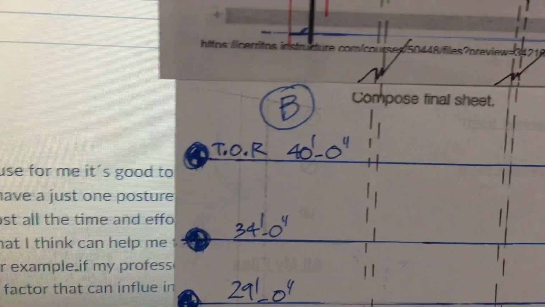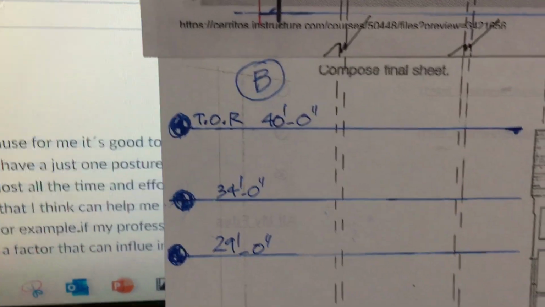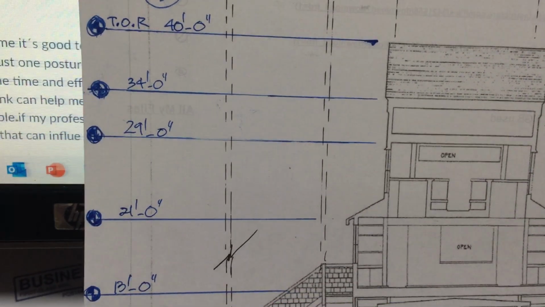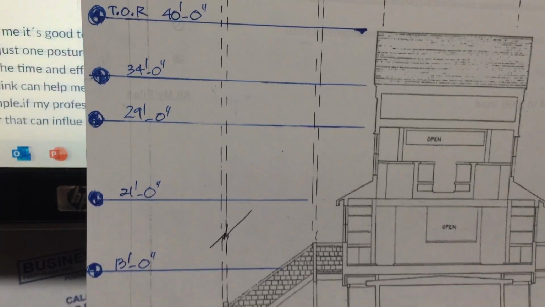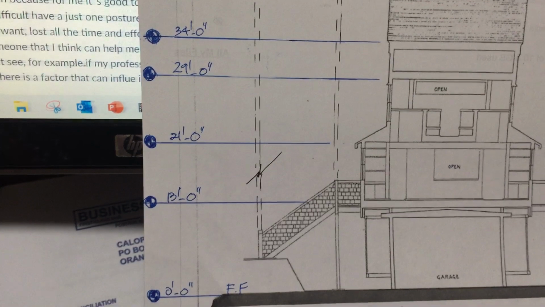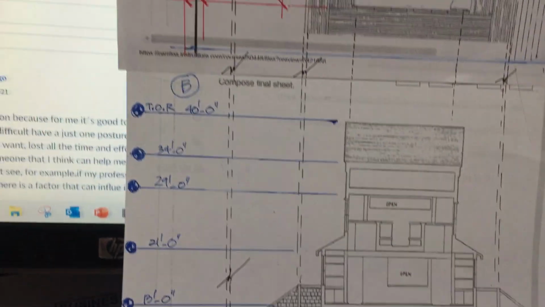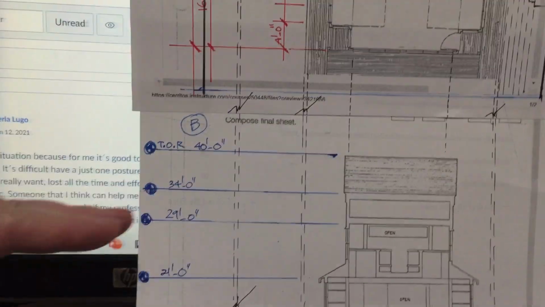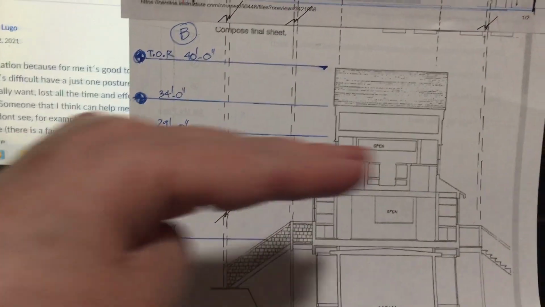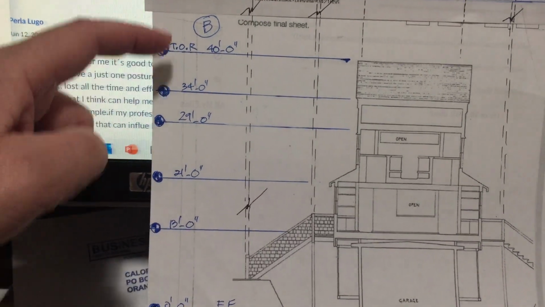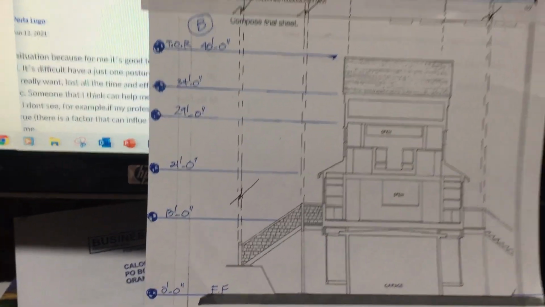You can see that I put the number in there: 40 feet, 34, 29, 21, and 13 feet. That sums up the main heights of the elevation. I will draw it later, so that's why I need to do the basic one like this